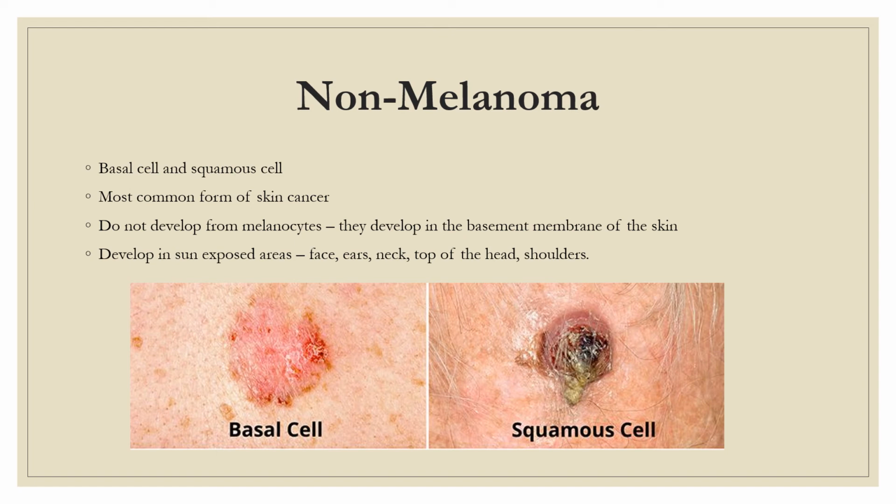Now if we're talking about squamous cell skin cancer, this one arises from keratinizing epidermal cells. It can be more aggressive and it does have the potential to metastasize, so a little bit more deadly. This one can lead to death if not treated. So risk factors are also sun exposure, as well as immunosuppression after organ transplantation. I thought that was pretty interesting. So if a patient is on a drug that helps with immunosuppression after organ transplant, they may be at more risk for squamous cell skin cancer. Tobacco can also contribute to squamous cell. You may see this more around the mouth and the lips.